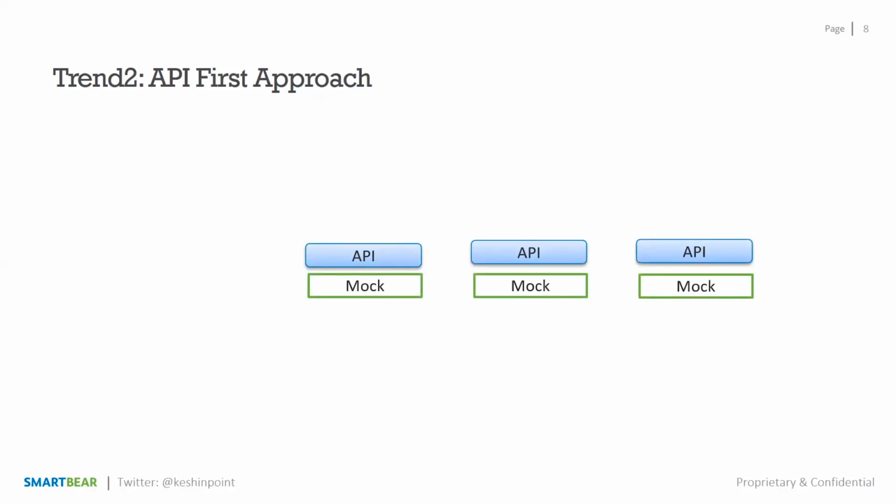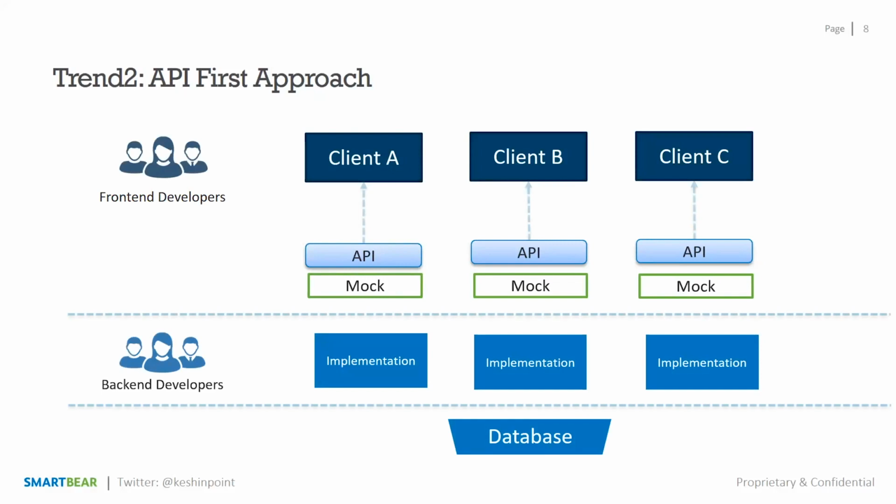You start with the API interface, and you have your API's backend virtualized or mocked out so that your API layer, your API design, as we'll call it, can actually be, and its functionality can be stubbed out with the mock, which can then be used by front-end developers as well as back-end developers. This way, you're actually minimizing any sort of dependency between the front-end developers and the back-end developers, and you're making sure